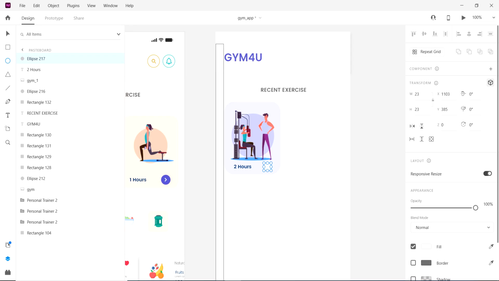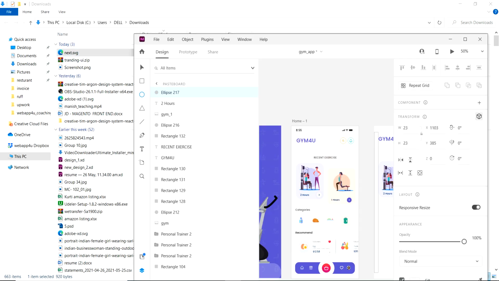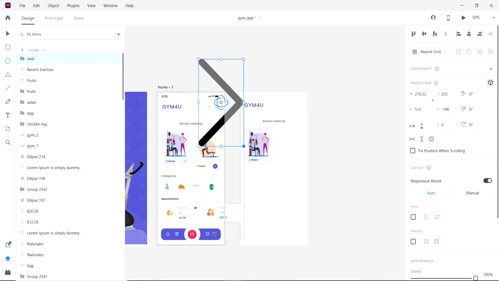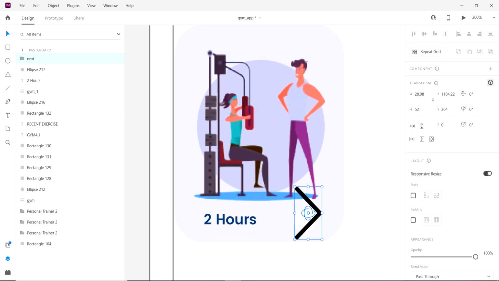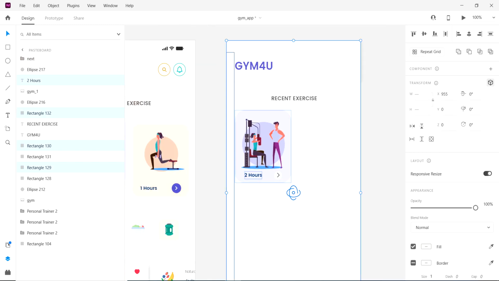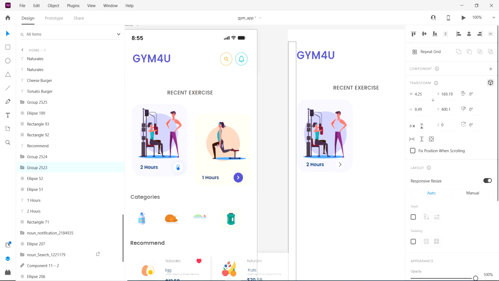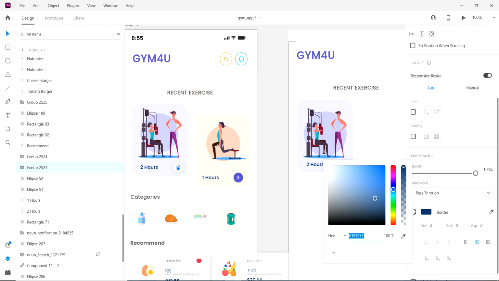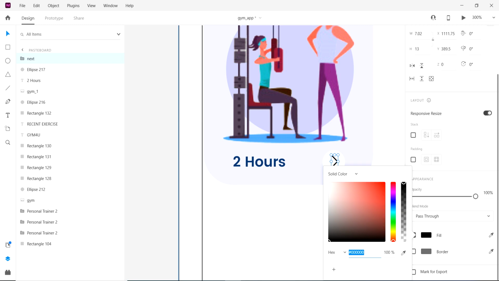You will see the SVG. So I will import this icon. Yeah, now looking very fine and good. I will have to make this icon a bit smaller. Yeah, you can copy and paste it. You will change the color. There is a blue color, so copy this color. After that, paste this color.